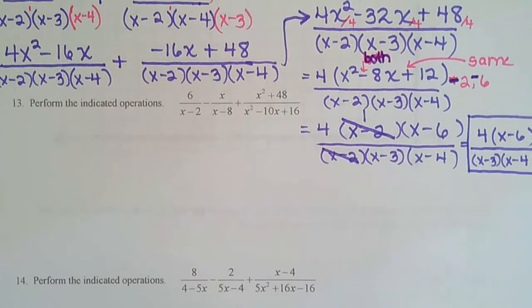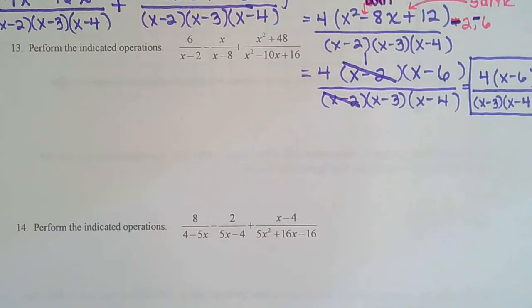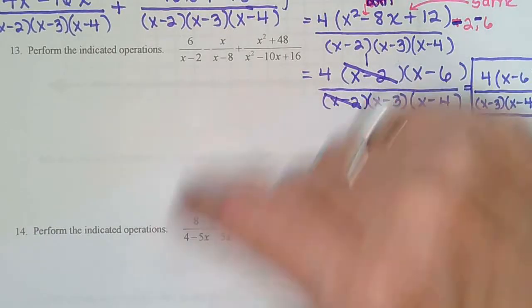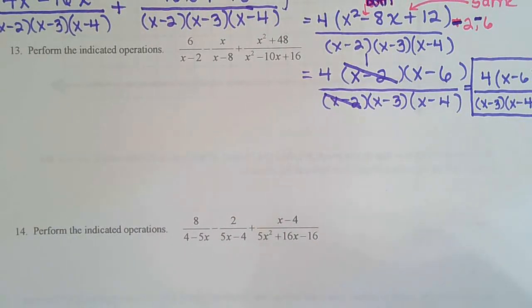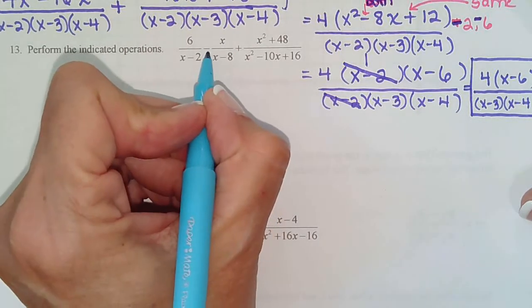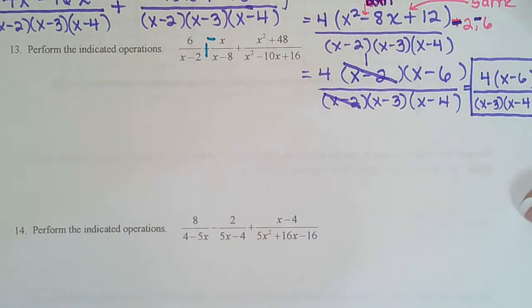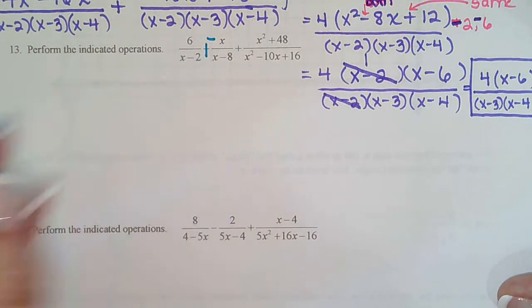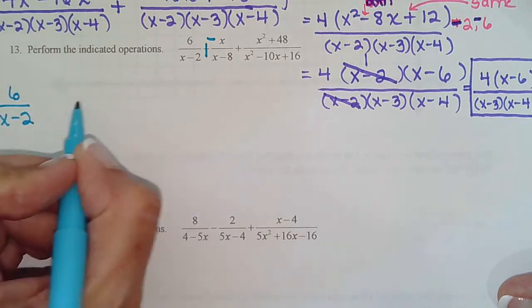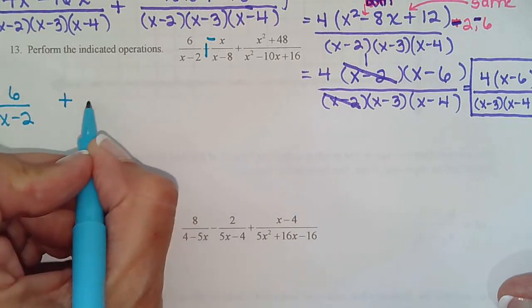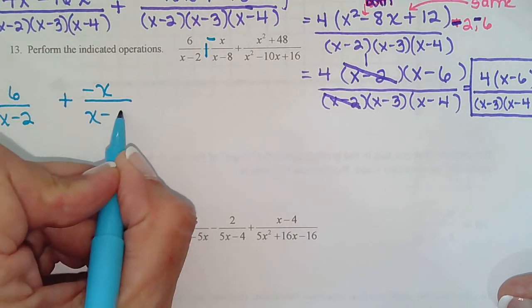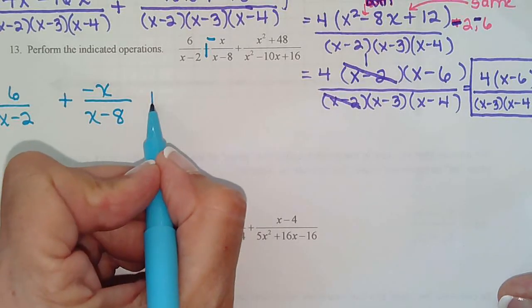Okay, let's tackle these last two. So, nice thing about these two is look, they don't factor. Woohoo! That's nice. So we can jump right in and just write, oh, I see a minus, so I'm going to do plus a negative right away. So get that negative up there. So I have 6 over x minus 2. I'm going to leave some room there, plus negative x over x minus 8, neither of those factor, plus